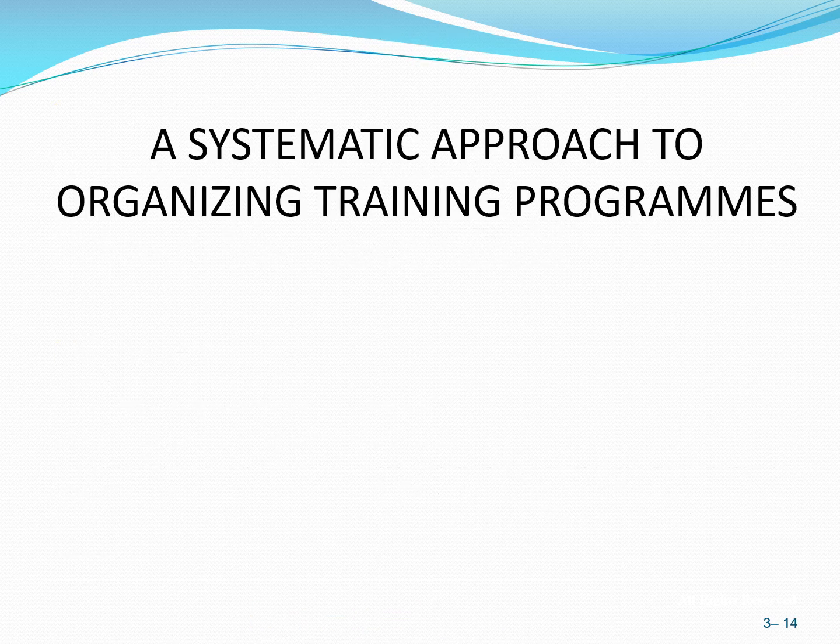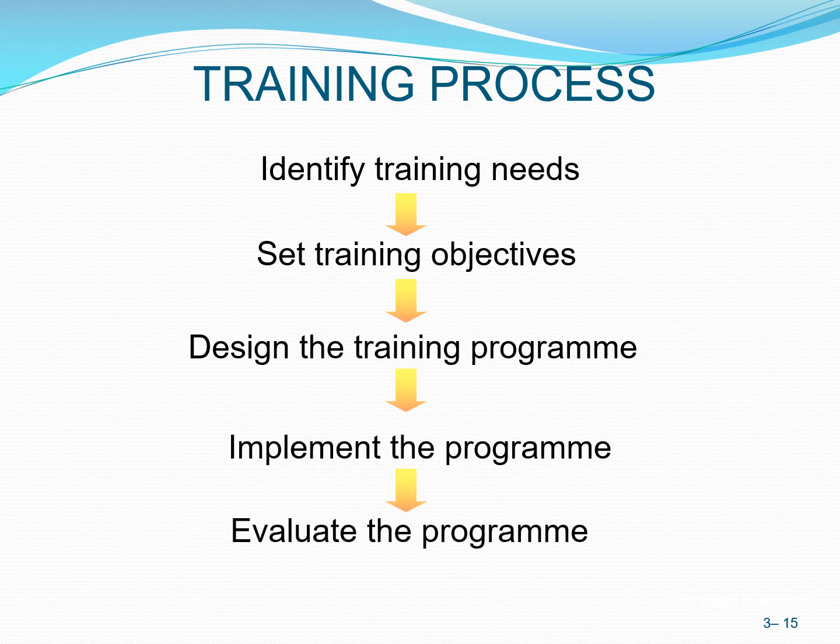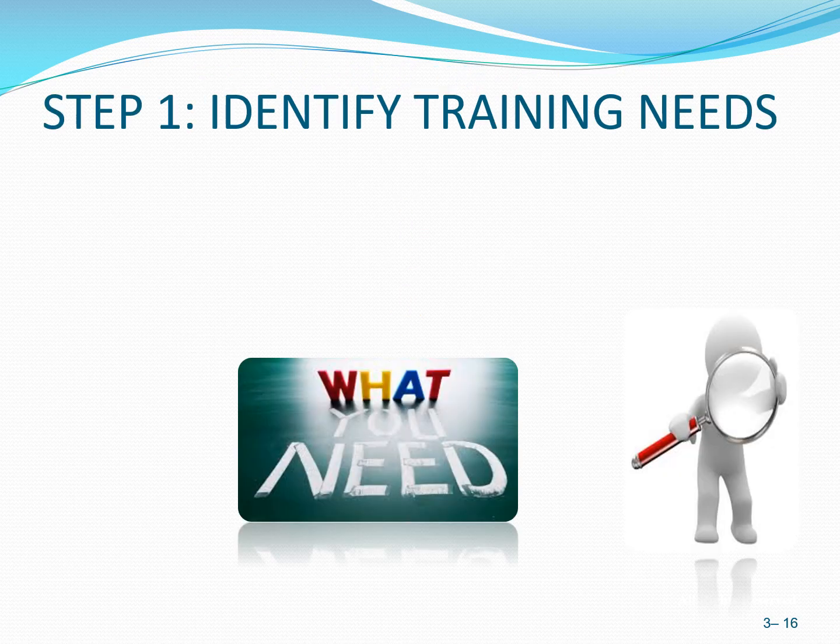Alright, okay. So next we are going to talk about how you are going to organize a training program using a systematic approach. So there are processes in doing this program. First, you need to identify training needs. Okay, ada kat bawah, nanti bawah-bawah ada ya, dekat slide tu satu-satu I cerita. So second, set training objectives, design the training program, implement, and lastly, evaluate the program. So kita akan pergi satu-satu lah. Okay, the first step, identify training needs.